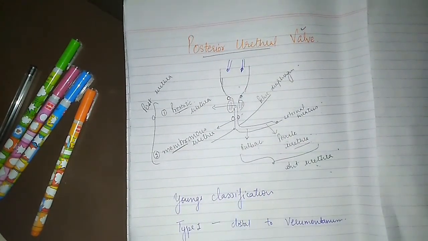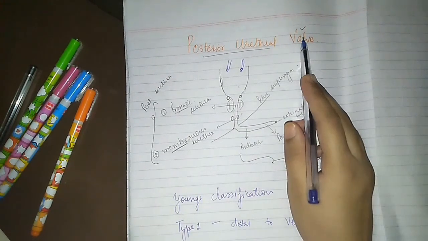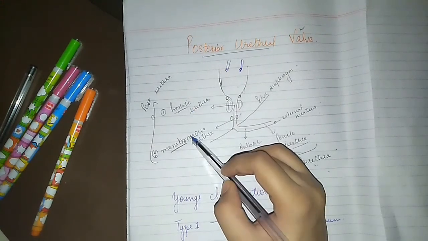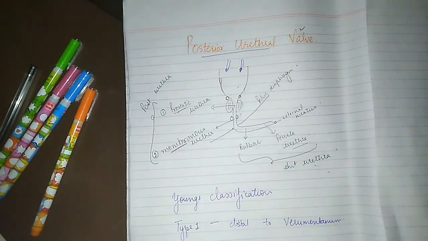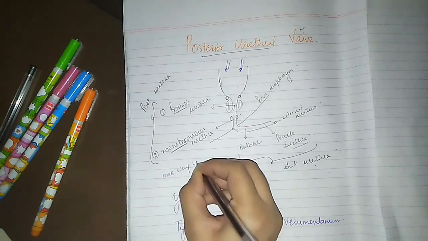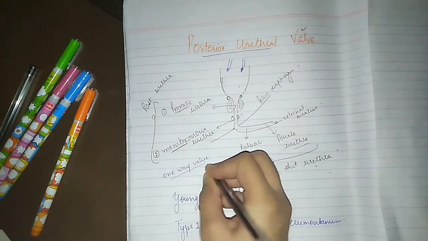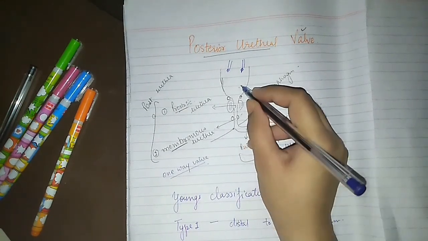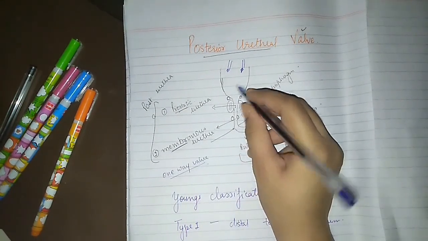So basically the PUV, that is posterior urethral valve, is a valve which is present in the posterior urethra, that is either the prostatic urethra or membranous urethra. It is a one-way valve. What does this mean? This means that when you put the Foley's catheter, it can pass and can reach the